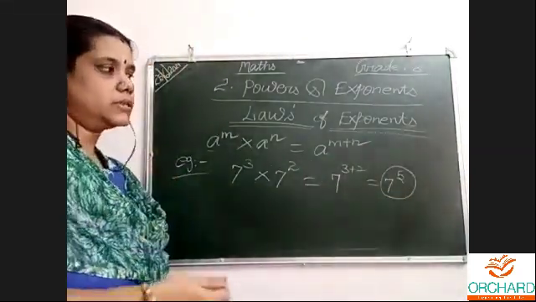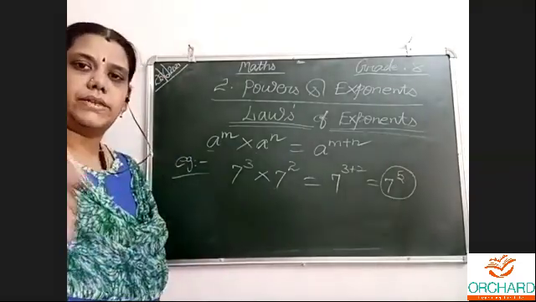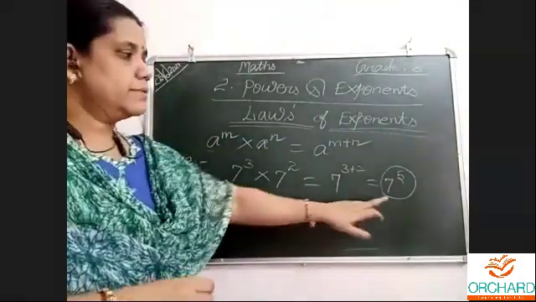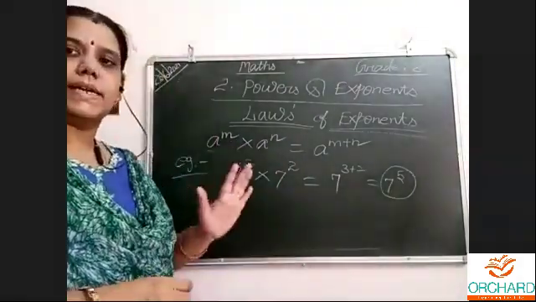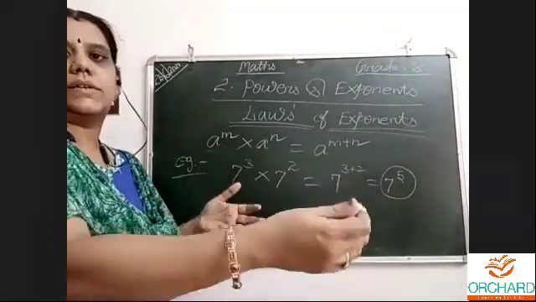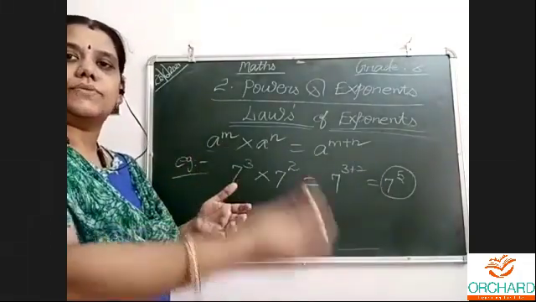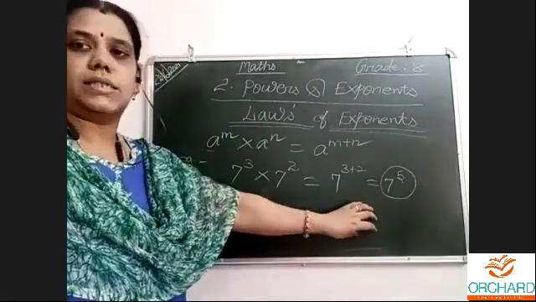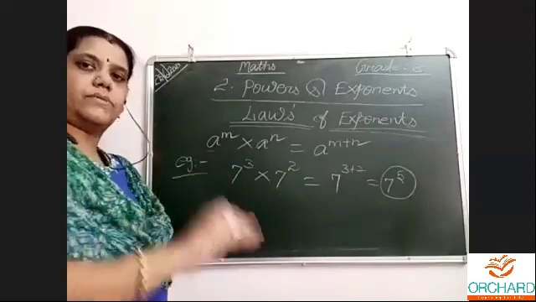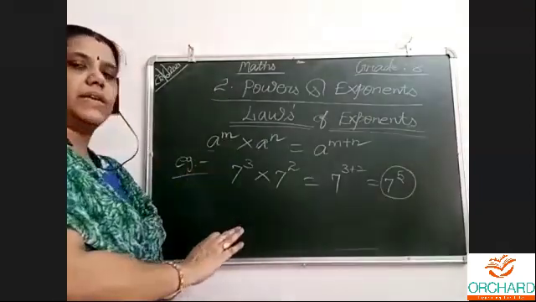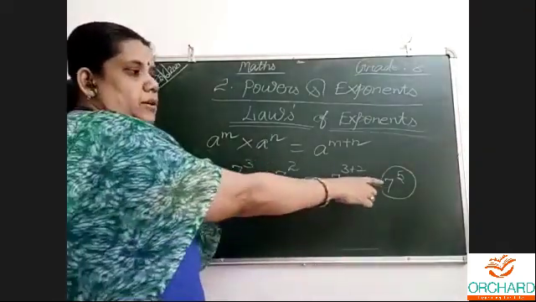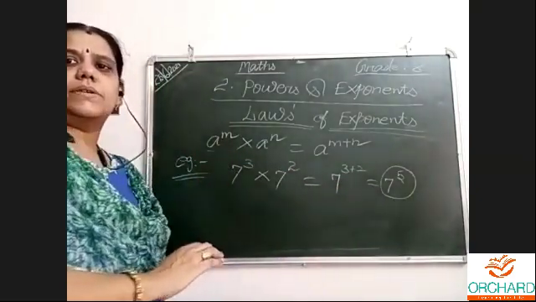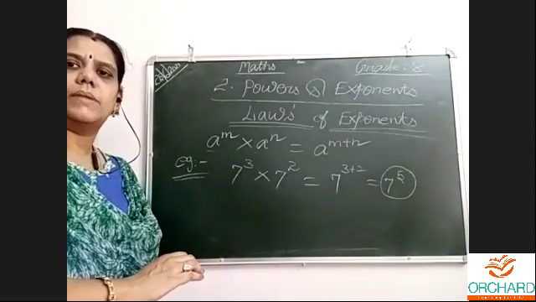If it is asked to find the value, then we have to write 7 five times. 7 into 7 into 7 into 7 into 7. 7 sevens are 49, 49, 49 are another 7. That many times we have to multiply and write the answer if it is asked in value. But here I am just giving an example, so just exponential form. We will stop. So multiplication we want to do and in division we want to do minus.